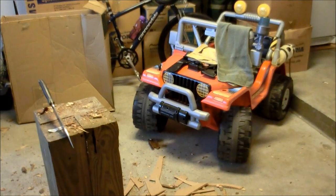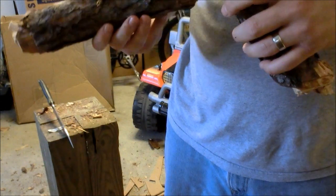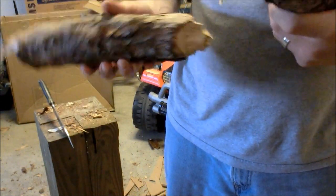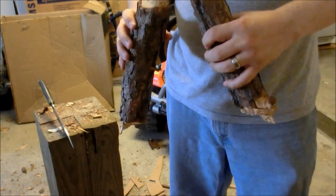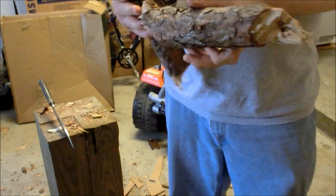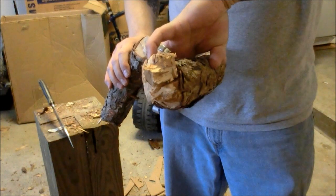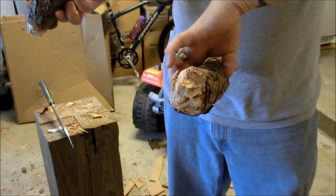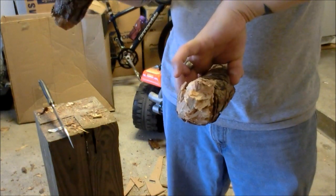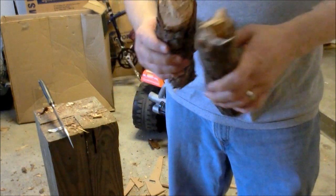Man, that took some effort. There we go. I don't know which side I was chopping through. Definitely this side. This side on that piece. I think maybe this one on this side. I don't remember. So,